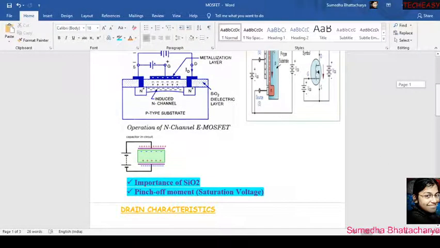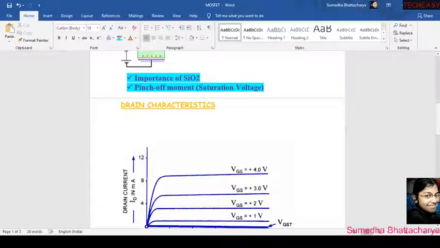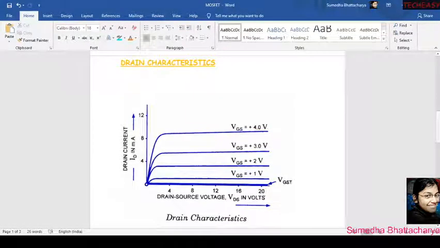Now, the drain characteristics of MOSFET, right? What is the drain characteristics of MOSFET? Look here, the same thing for JFET we have seen early. Most probably the same thing for this MOSFET. The drain characteristics of MOSFET, we can see this is for the ID, this is for the VGS. Now,